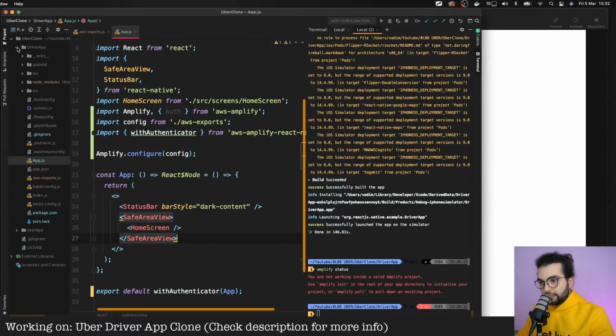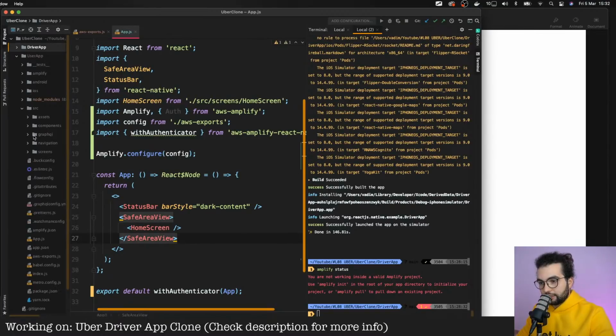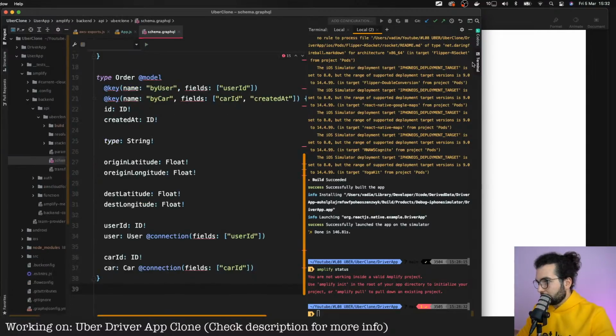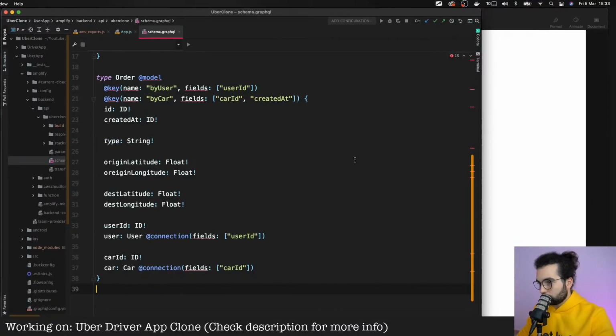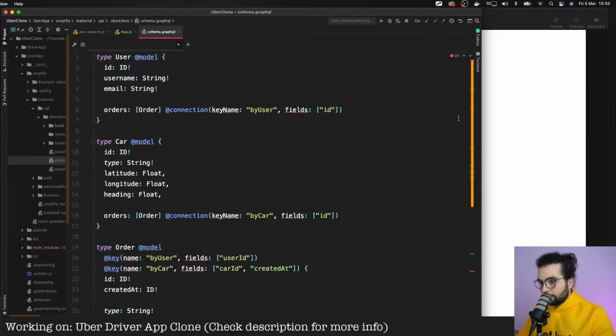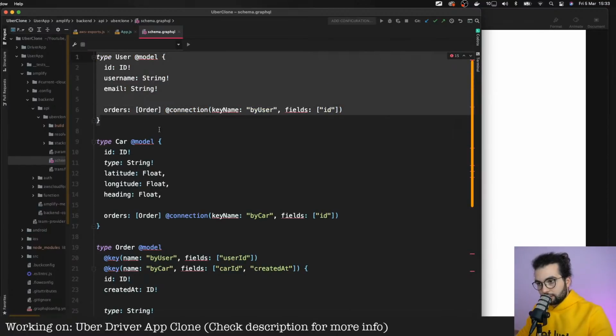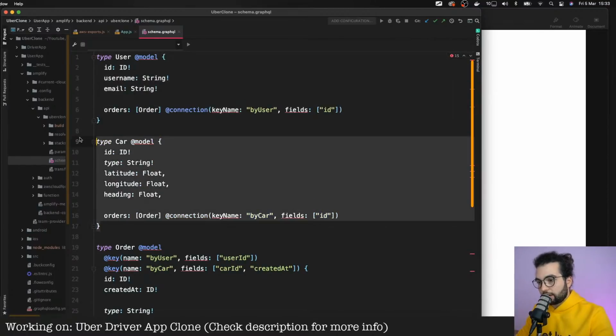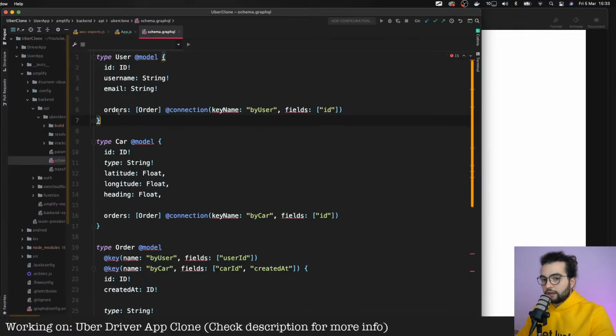So let's go back to our user application and have a look at the Amplify backend schema. Okay, we have a user in our backend, and we have a car. Now, in the user application, every time a user signs up, we created a function that automatically creates a user model in our database.